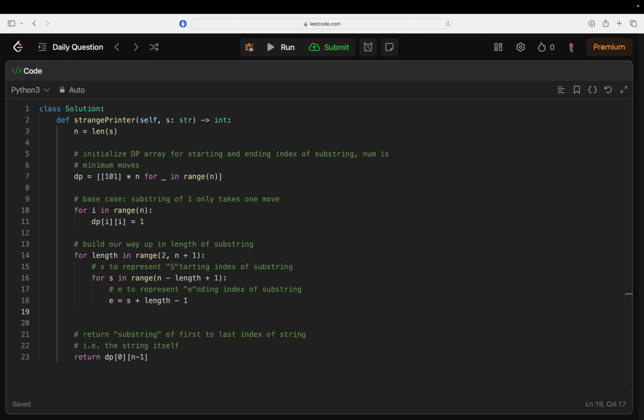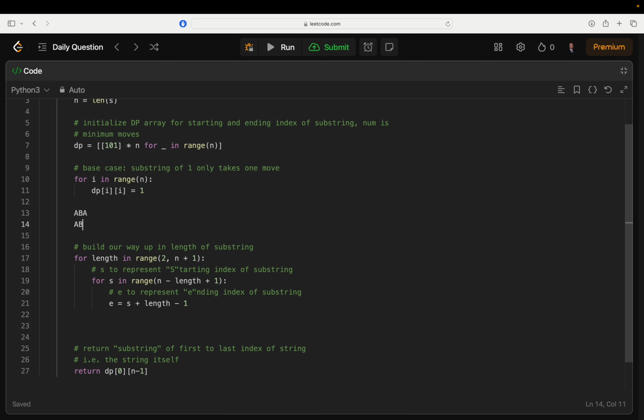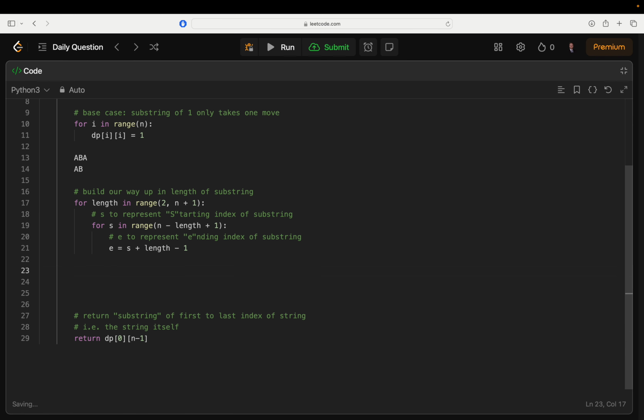Yeah, so remember that thing that we were talking about earlier when we said that if we have A, B, A, that's the same as A, B? Now we're going to make that happen. This is the key part to this program. The key part to this problem. We're going to say if